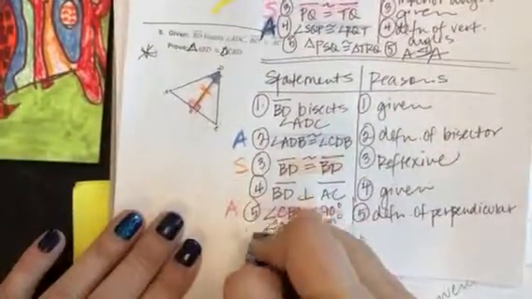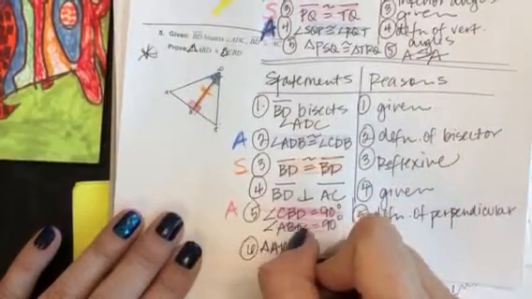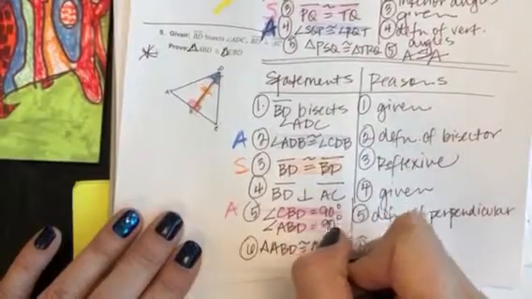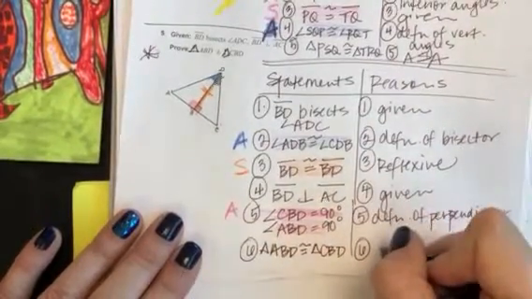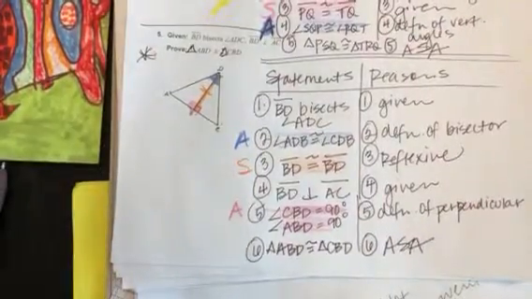And I can finish up my proof on this one with triangle ABD is congruent to triangle CBD. And that's just going to be an ASA proof. That kind is fair game for your test. Expect